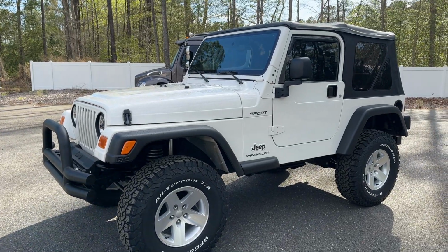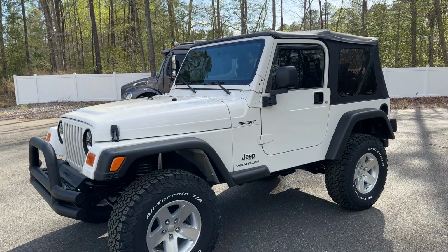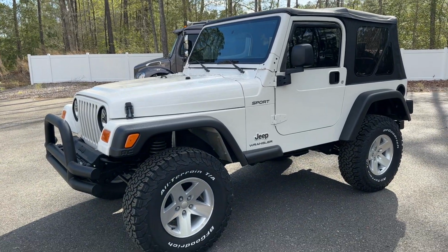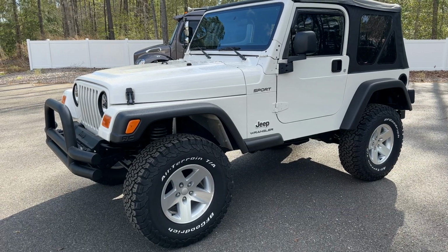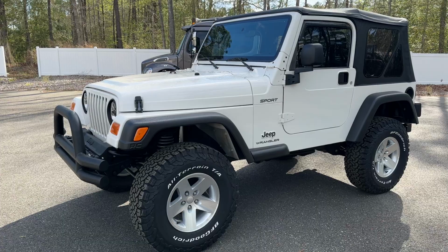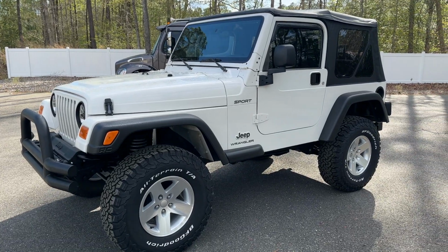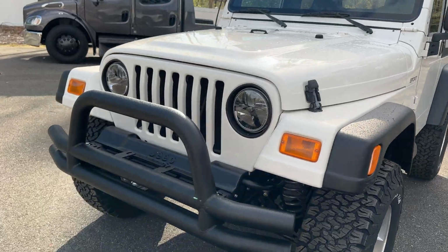Now, with all that said, there's going to be a couple little dings, a couple little scratches, a couple little imperfections. It's a 20-year-old TJ. So we make them as nice as we can make them without going completely overboard. We can't produce fully restored Jeeps on everything we build. So this is a great Jeep for someone that's looking to...